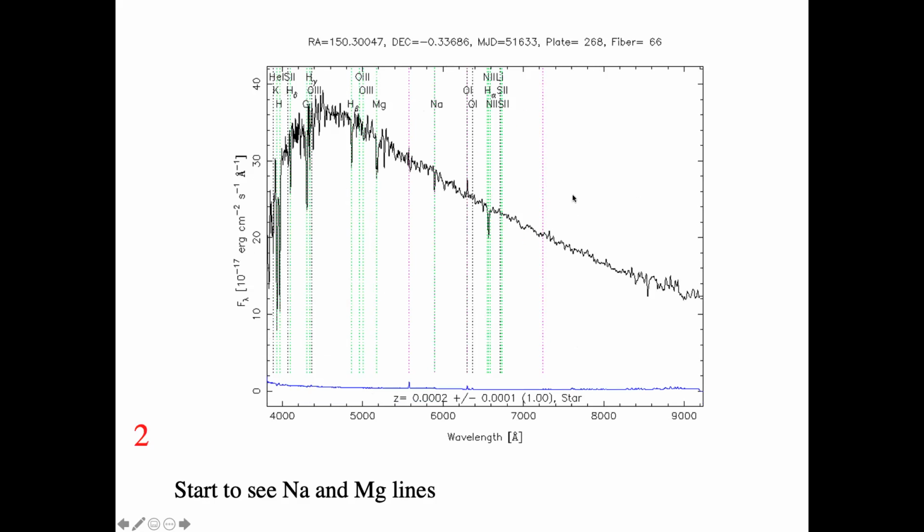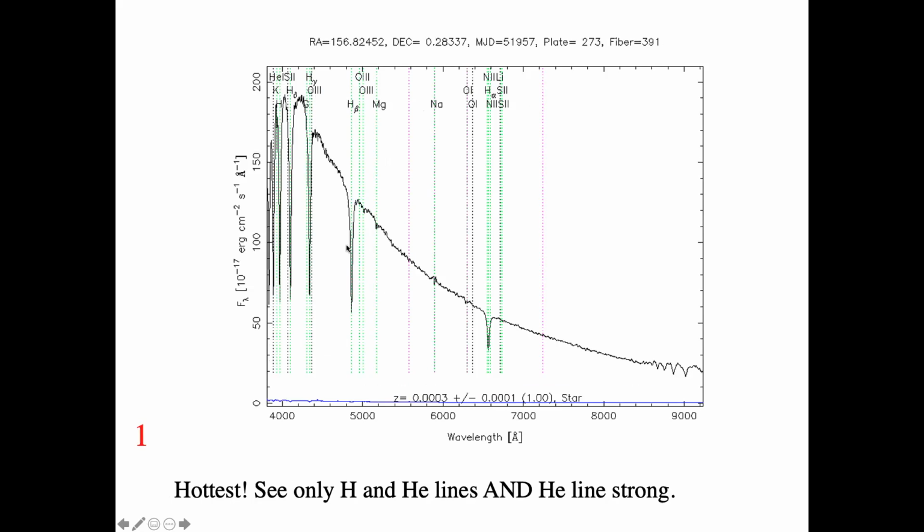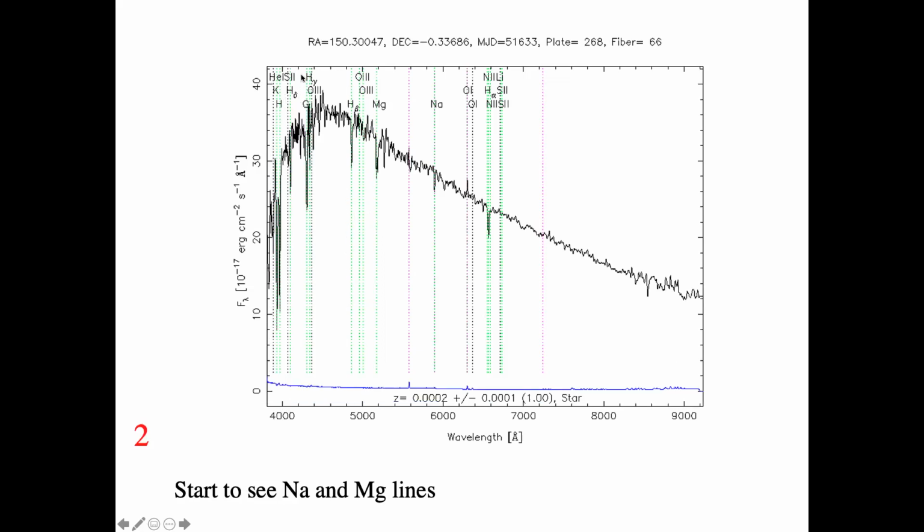Right. So as we go from this O type to, whether this is a B or an A, right? We see how the peak of the curve goes from being over here, right around just a little bit above 4,000, to over here, which is closer to like 4,600 angstroms, which is the unit of wavelength that we're using here, right? And we get different elements that are starting to show up. We've got some magnesium dipping in.